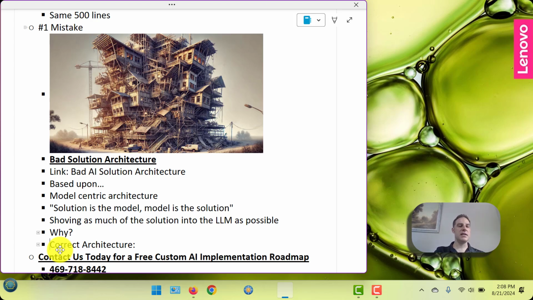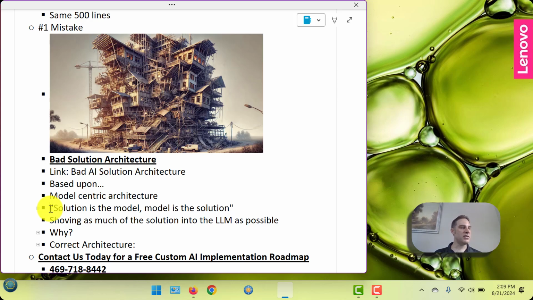You can see the way that people talk about it, and they don't necessarily say these exact words, although I have heard people say these things: the solution is the model, and the model is the solution, or the product is the model, and the model is the product. I believe OpenAI said that. You can tell by the way they talk about it, where they use the words model and solution or software interchangeably. This is incredibly common, and it is also incredibly limiting. You are leaving 99+% probably, at least 95, and probably more like 99% plus of your solution space on the table if you do this.